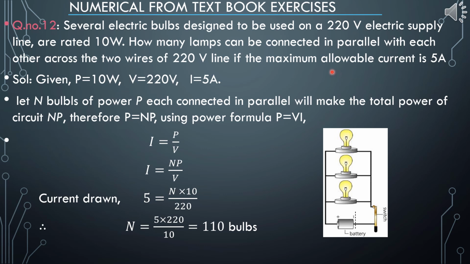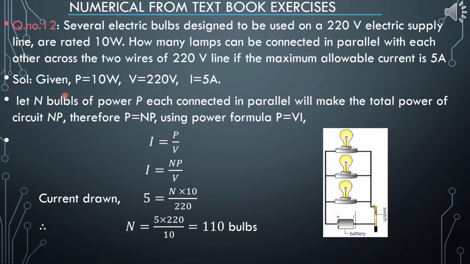Let us write the given first, children. The potential difference in the circuit is 220 volts. Observe the figure. Bulbs are connected in parallel and each bulb has a power rating of 10 watt. Here resistance is not given, power is given. How many bulbs are connected, we don't know, that we have to find. The condition given is that the current flowing in the circuit is only 5 amp. And you know current divides in the parallel connection. So in 5 amp only, with this power, how many bulbs can be connected, that we need to find.